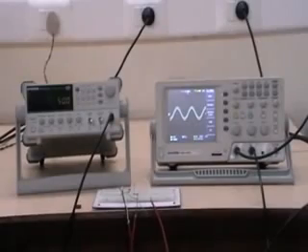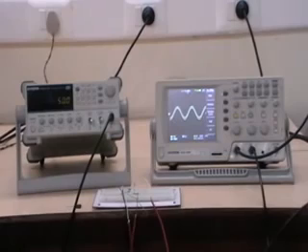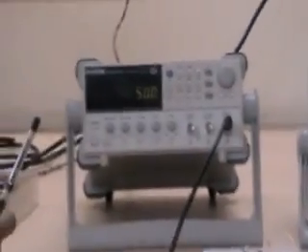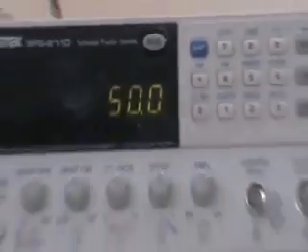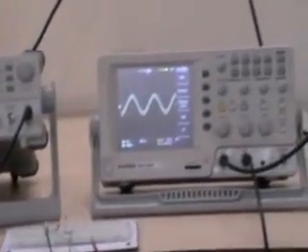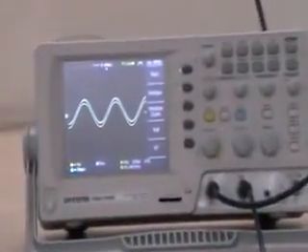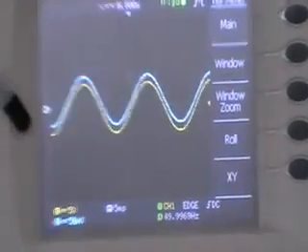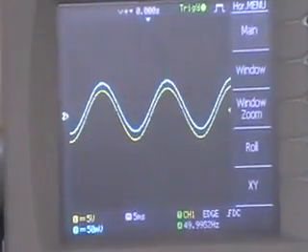Okay, coming to the last part of the experiment, that is the IV characteristics of RLC elements. We will observe it on the DSO. Now we are providing a 50 Hz waveform from the function generator. The signal has a 5 volt peak amplitude, and the circuit we have made on the breadboard is the same as shown in the manual. The observations of the waveform are seen on the DSO. The yellow one shows V0, the blue one shows VM.